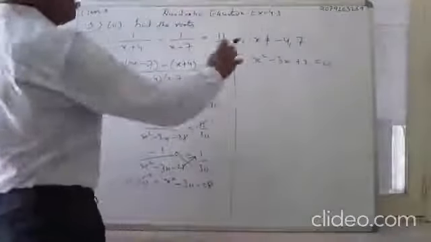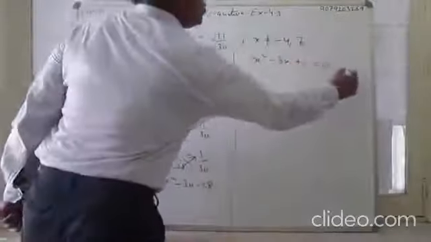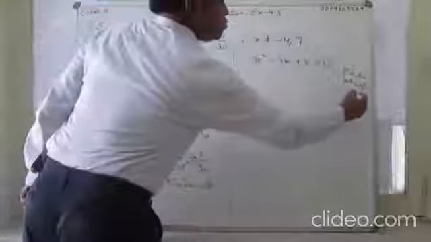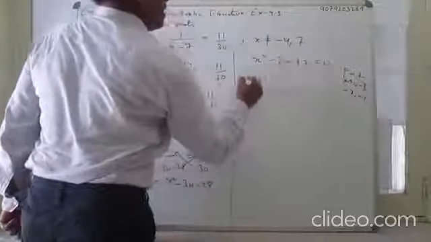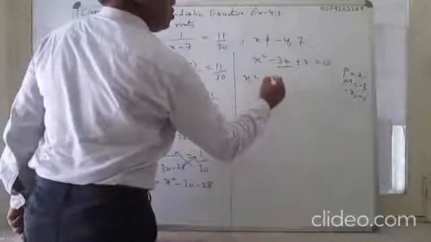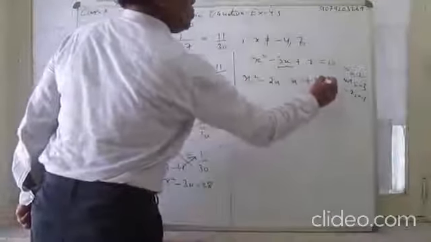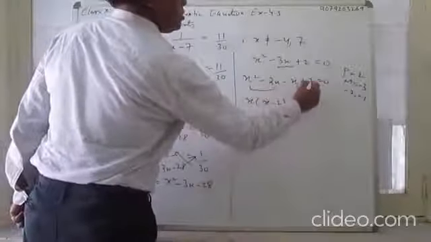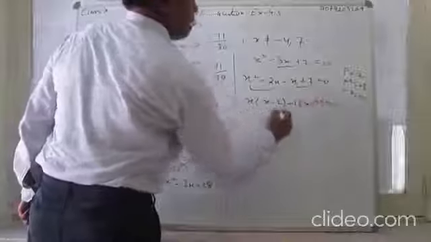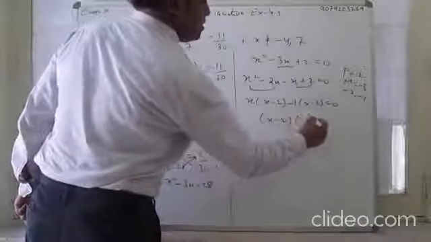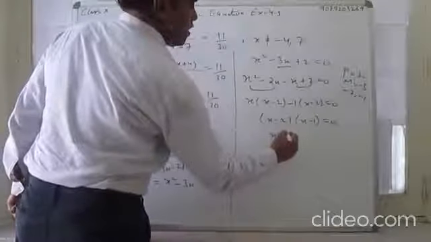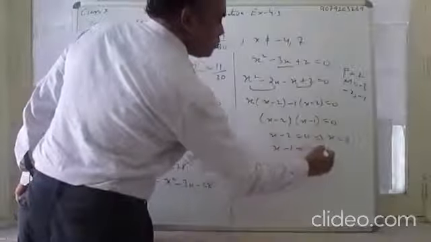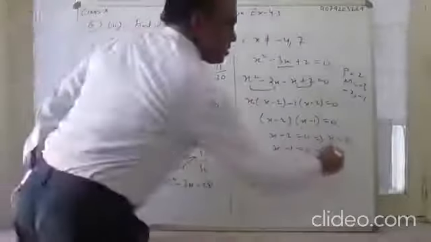Now you can solve it by the factorization method. The product is 2, the middle term is minus 3. So what are the factors of 2? Minus 2 and minus 1. Instead of this, you can write x square minus 2x minus x plus 2 is equal to 0. Make groups. Take x common: x minus 2 in this; minus 1 common: x minus 2. Again x minus 2 is common, and the other bracket is x minus 1. Make each 0. x minus 2 is equal to 0, so x is equal to 2. x minus 1 is equal to 0, so x is equal to 1.